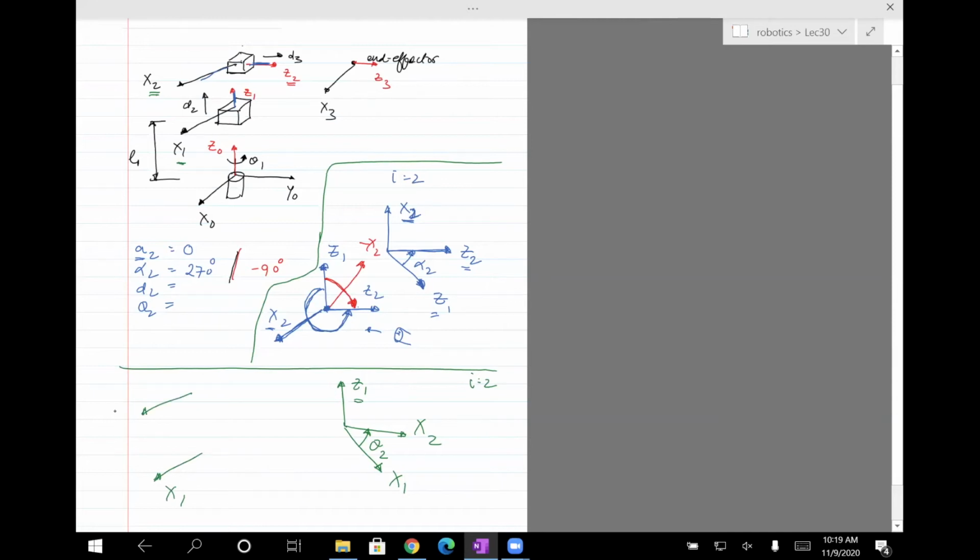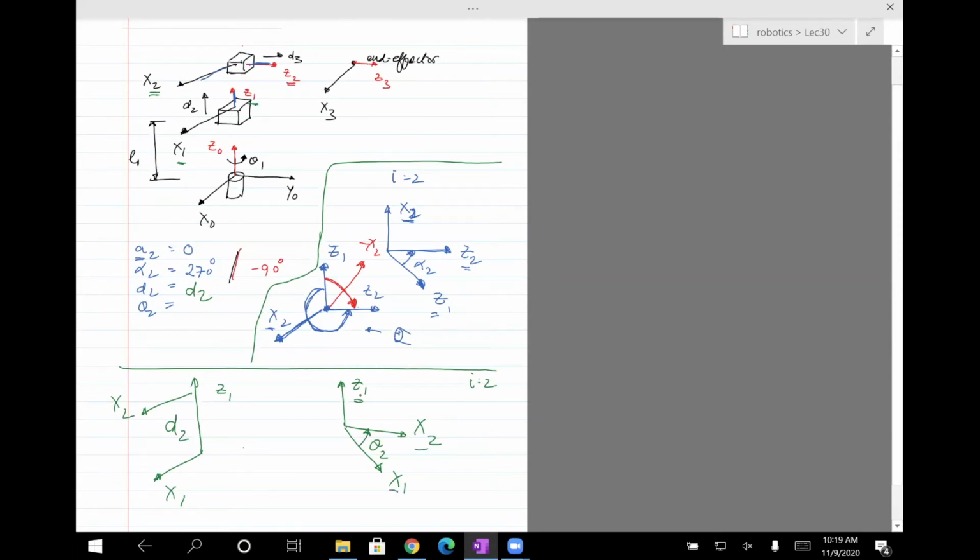X1, x2, and the distance is measured along z1. So z1, I'm drawing z1, which is right there. Okay, so you can see that the distance along z1 is going to be d2. So put that there. And then finally, I need to find the angle between x1 and x2